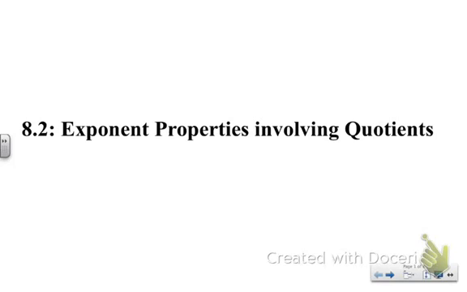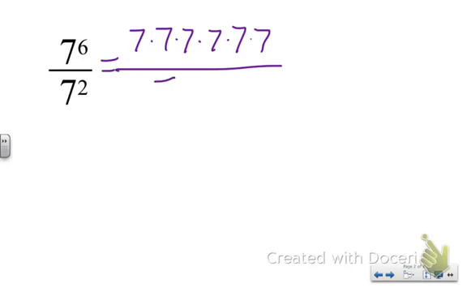This is section 8.2, Exponent Properties involving quotients. So, if we have, for example, 7 to the 6th over 7 squared, I want to think about what's going to happen. 7 to the 6 means that I have 6 sevens on top, and 7 squared means I have 2 on the bottom. So what's actually going to happen is 2 of those are going to cancel, and I'm just left with 7